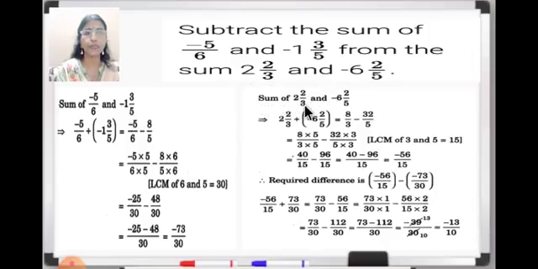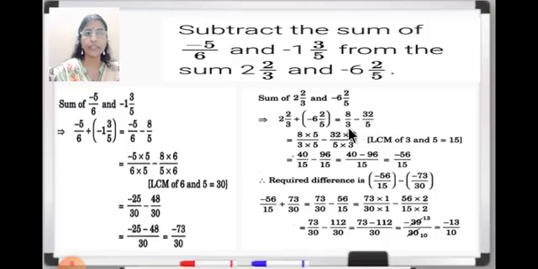Sum of 2 2 upon 3 and minus 6 2 upon 5. So see children how it is done. We will write plus minus, it will be minus. So this again we will convert. 3 2s are 6 plus 2, 8 upon 3. You can see here written 8 upon 3. Minus, now this also we will do, 5 6s are 30. 30 plus 2, 32 upon 5. So we got this type of answer.